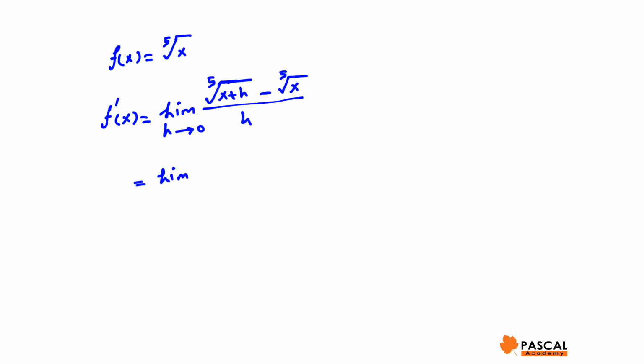This limit is the same as the limit of x plus h minus x divided by h times the fifth root of x plus h to the power of 4